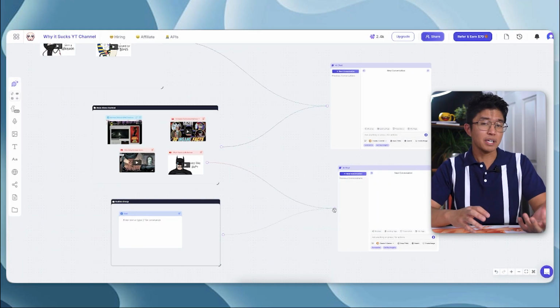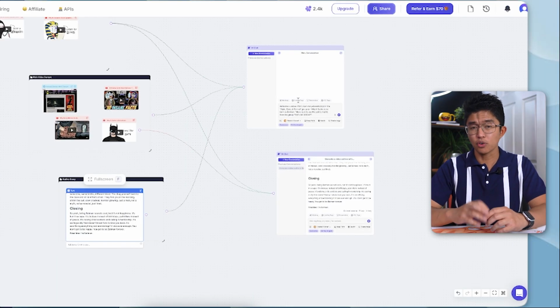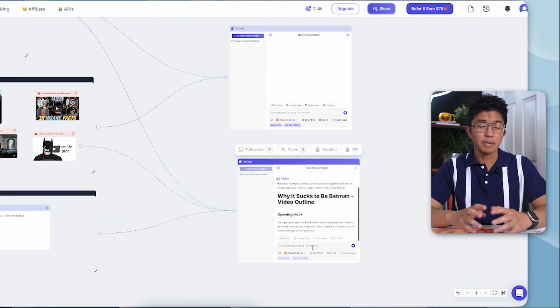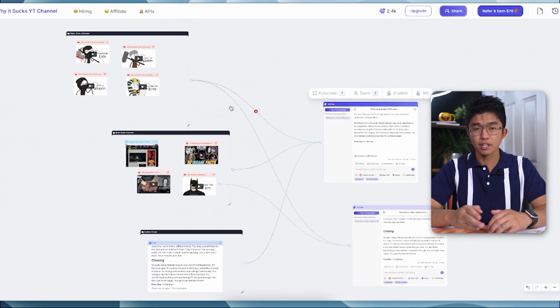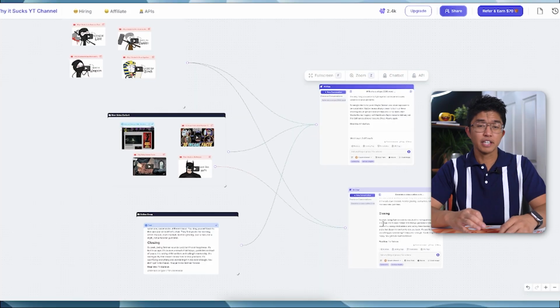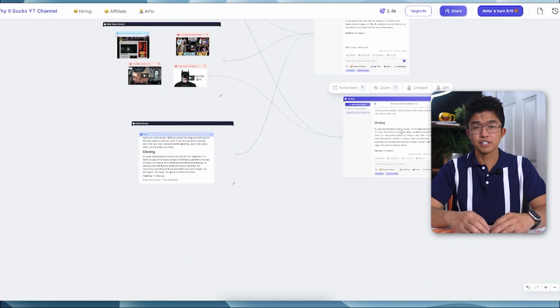We'll train Get Poppy AI to write in your personal voice and tone. Then we'll use it to research topics and create actual content and full video scripts. We'll also explore some of Get Poppy AI's more advanced features. We'll also cover how to refine and personalize your outputs so that they sound more natural and engaging. And we'll also break down how to use Get Poppy AI to save hours every week while still producing better